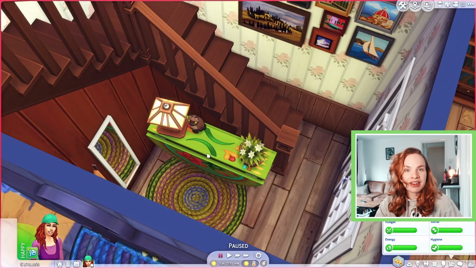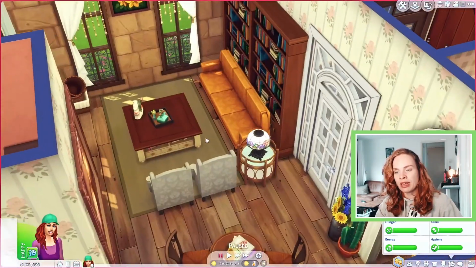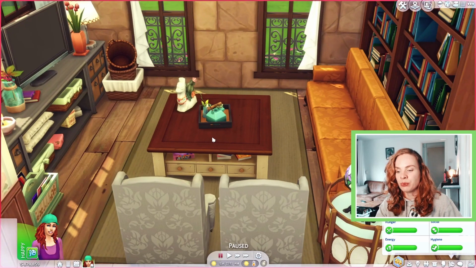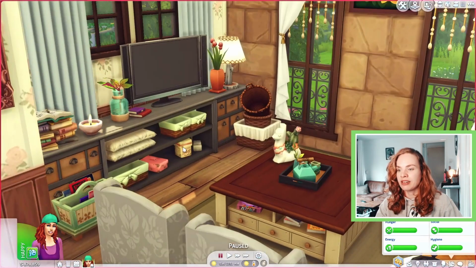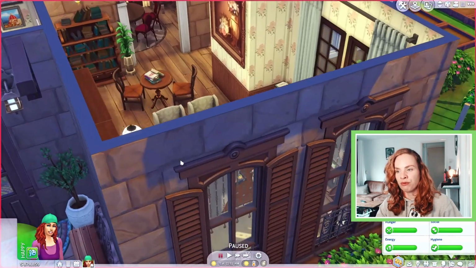I think it goes hand in hand with the whole theme of the house, of the build. And when you walk through this glass door right here, you walk into the living area. I loved using this orange couch from university. I think the color is just so pretty combined with these lighter gray chairs. I think it just looks really cute. And here we have the very cluttered TV entertainment unit, just a nice living area for the family to